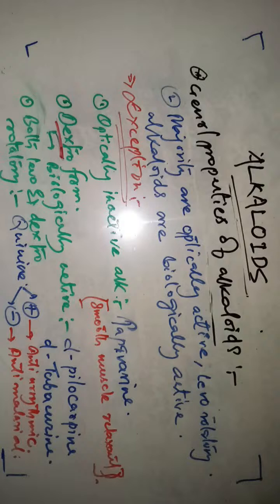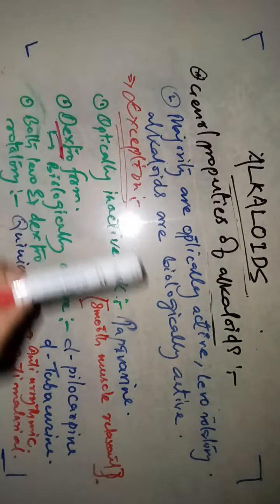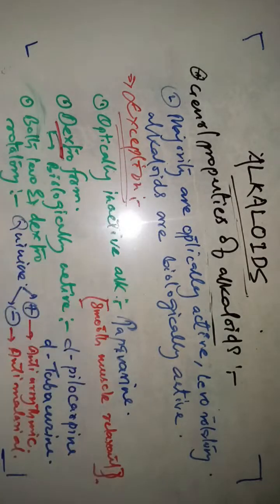Okay. So what are the general properties of alkaloids? Number one, the majority of alkaloids are colorless, crystalline solids in nature. Exceptions are berberine, betanidine, and sanguinarine. Berberine is yellow, betanidine is red, and sanguinarine is copper red. Again, amorphous is emetine, and liquid alkaloids are volatile and non-volatile. Volatile are nicotine, spartine, and coniine, whereas non-volatile are pilocarpine, D-pilocarpine, and hyoscine. Next, the second point is the majority are optically active, and levorotatory alkaloids are biologically active.